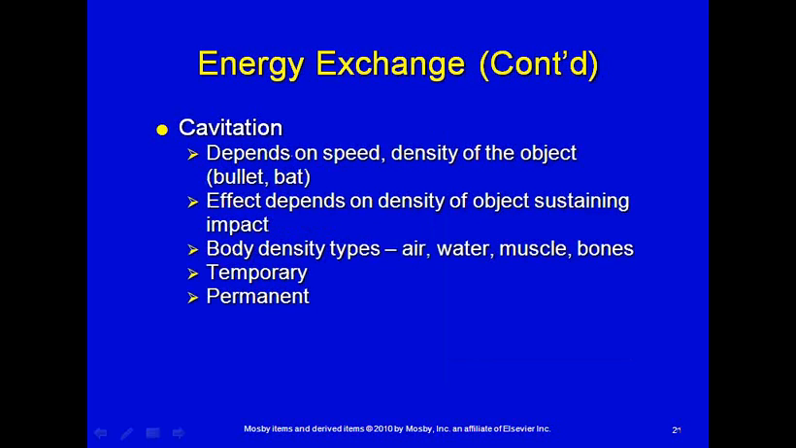Cavitation depends on speed and the density of the object, a bullet or a bat. The effect depends on the density of the object sustaining the impact, and the body density types affect the cavitation as well, whether the projectile is traveling through air, water, or muscle or bones. Again, the cavity can be temporary, as in the case of hitting somebody with a bat causing soft tissue injury, or it can be permanent, as in the case of a projectile with an exit